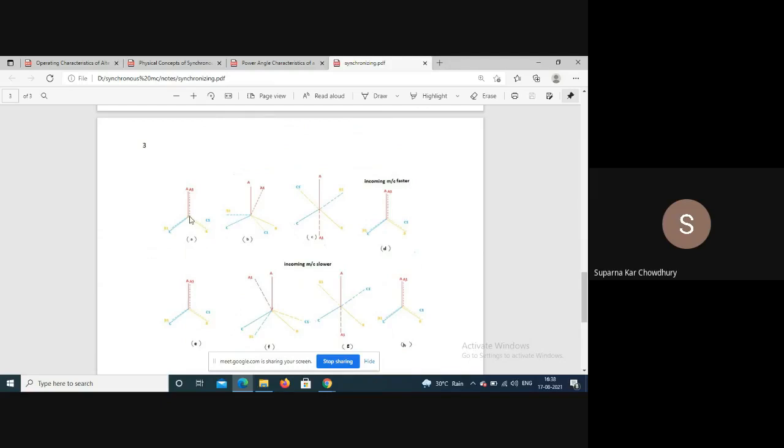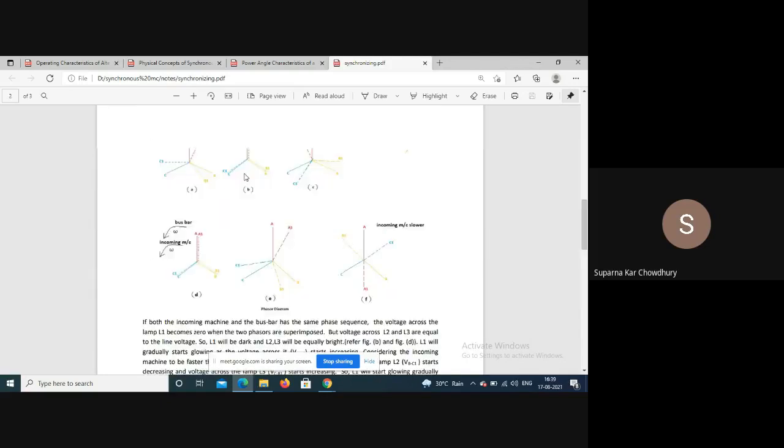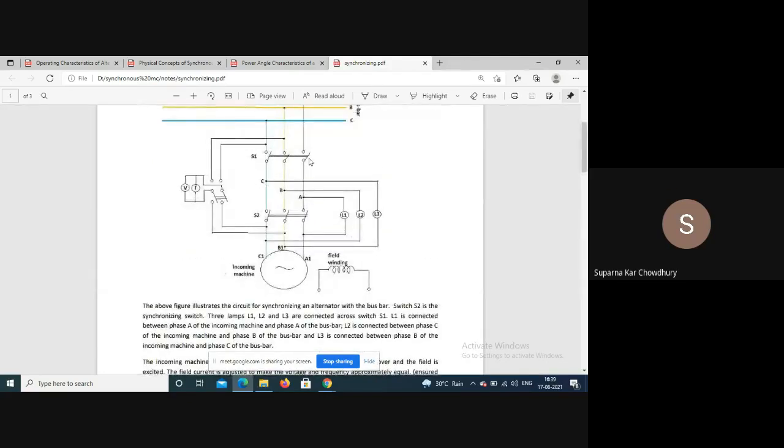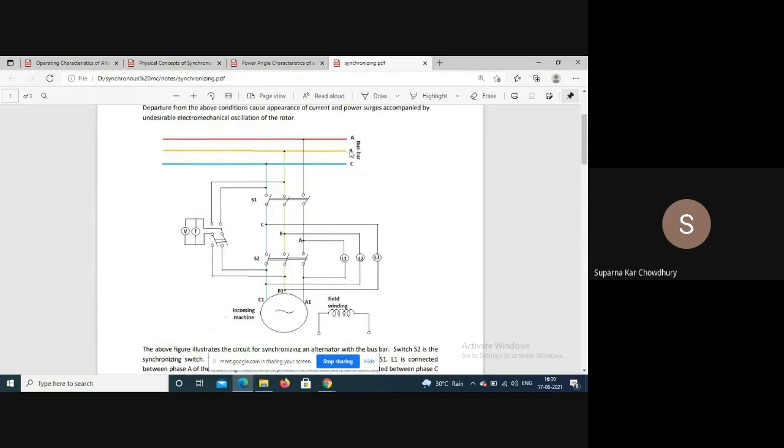If the sequence was the same, then all these voltages are zero, because when I have drawn this figure, I have considered this is the sequence ABC and this is ABC. Now, actually, what we assume to be B, if it is C, and what we assume to be C, it is B, then basically this is instead of ABC, this is ACB.